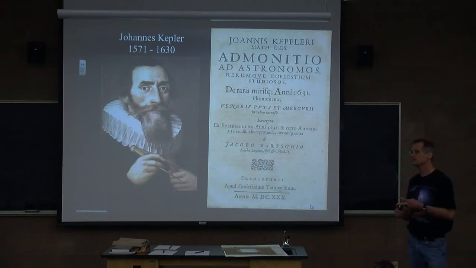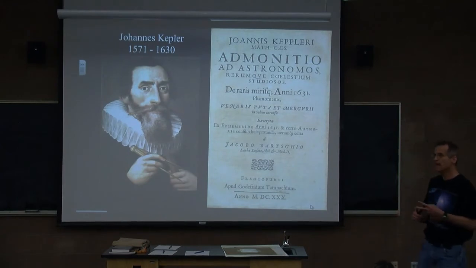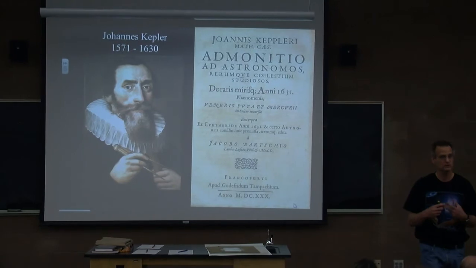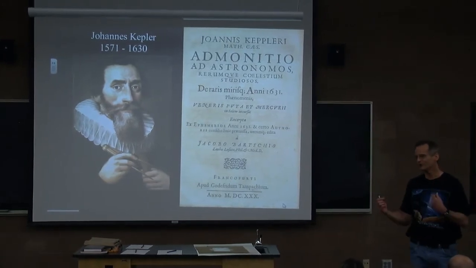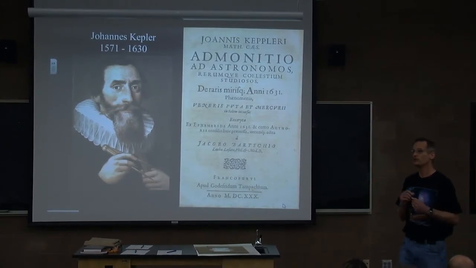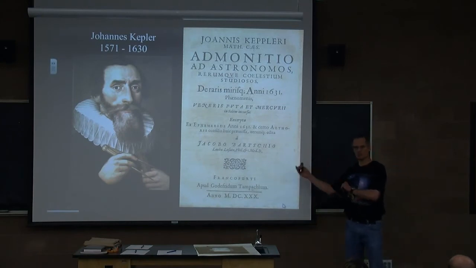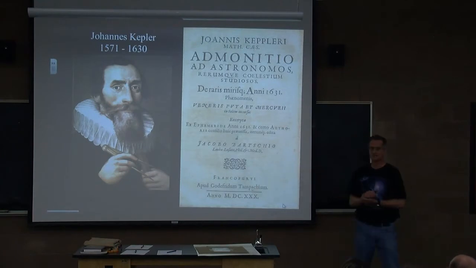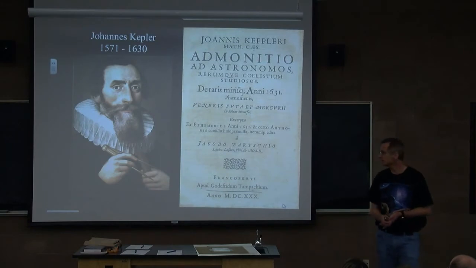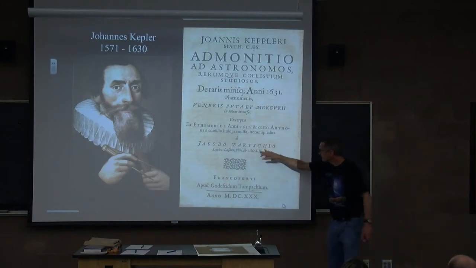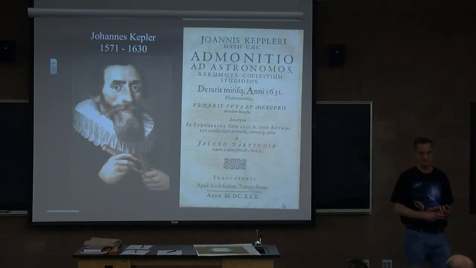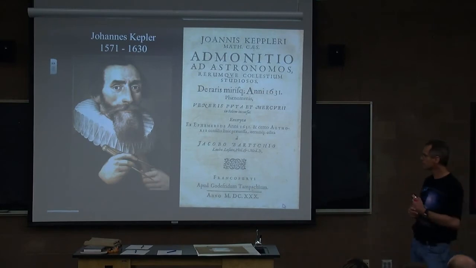Mercury on November 7th and Venus on December 7th. And he thought that was such an important thing to watch for that he wrote an admonition to other astronomers saying, watch this thing, including some hints, such as start a couple days before this because I might be wrong. He was honest. Unfortunately, he died in 1630. And so his son-in-law, Jacob Bartsch, is the one who actually published this, and it got sent out around Europe.